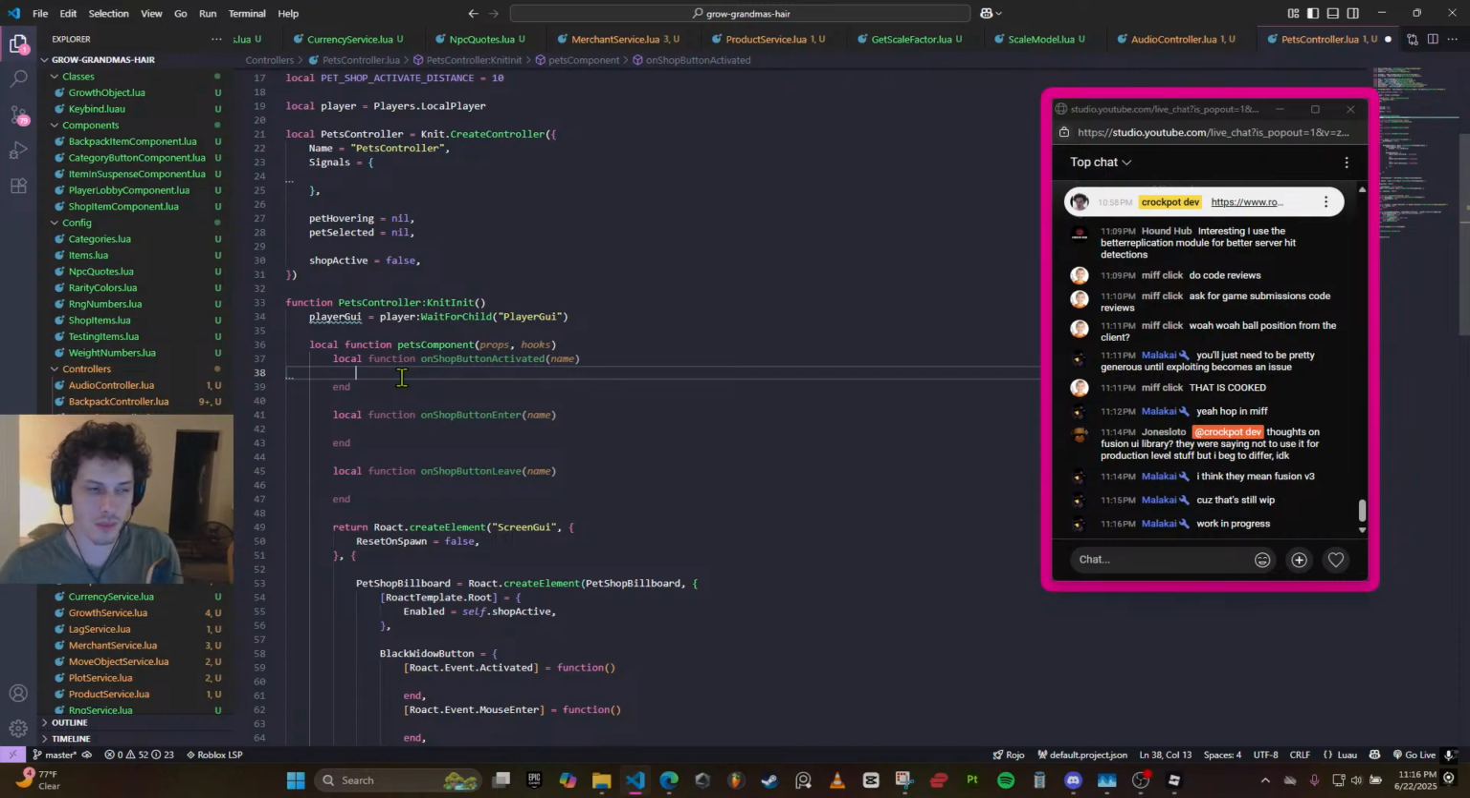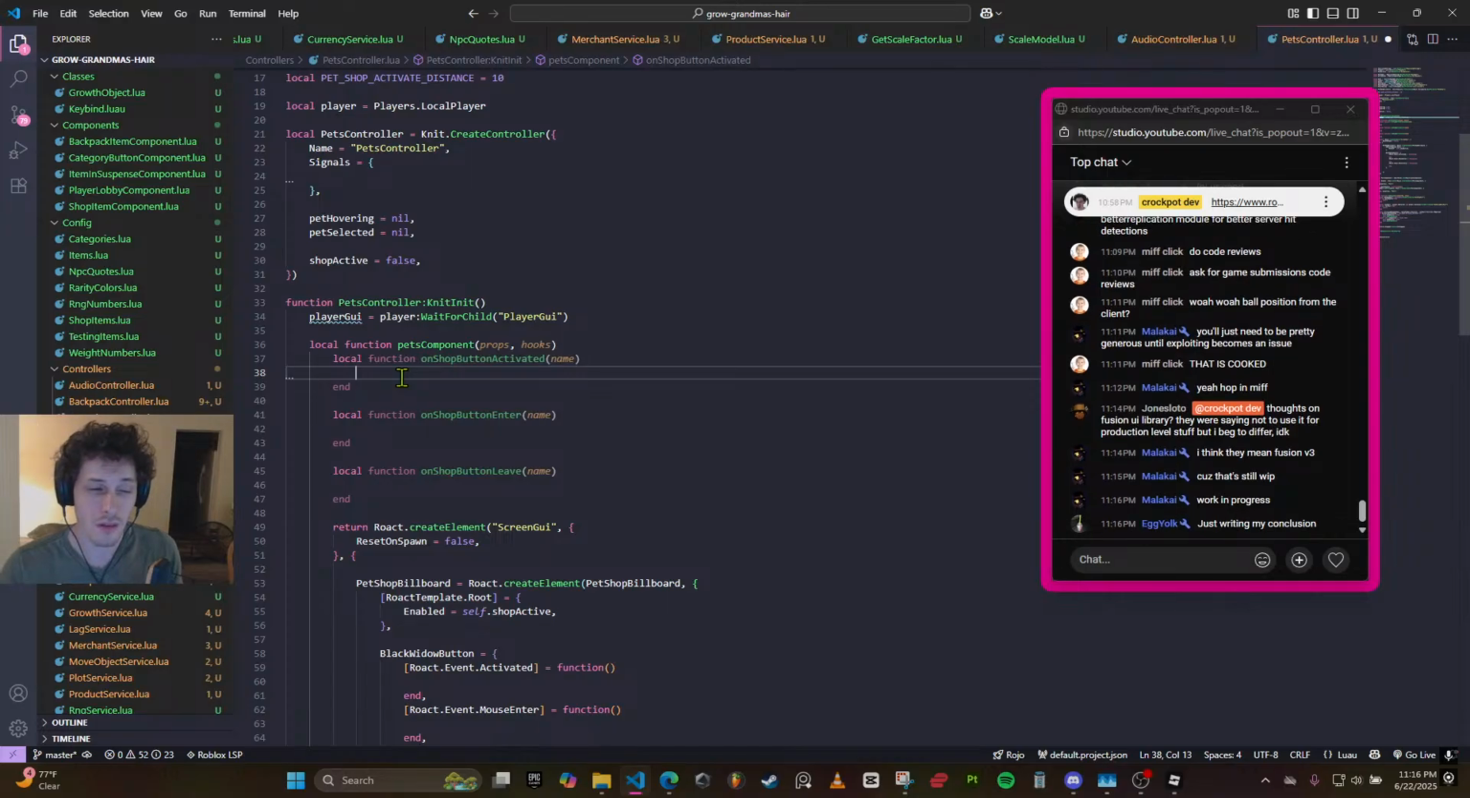Now, the Fusion I'm talking about, last I saw, it was stable for the most part, but it was only maintained by one developer. At the same time, like I was saying, if you know the ins and outs, just